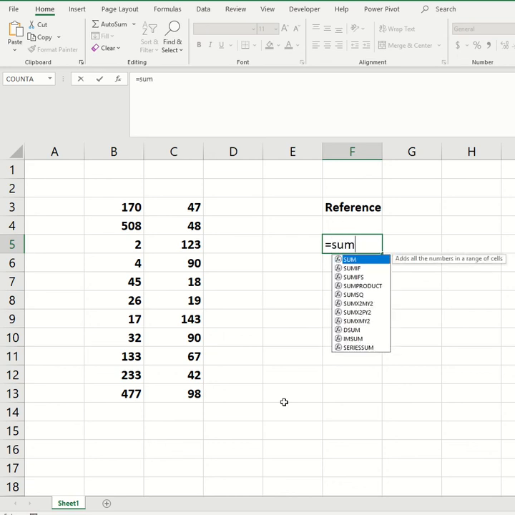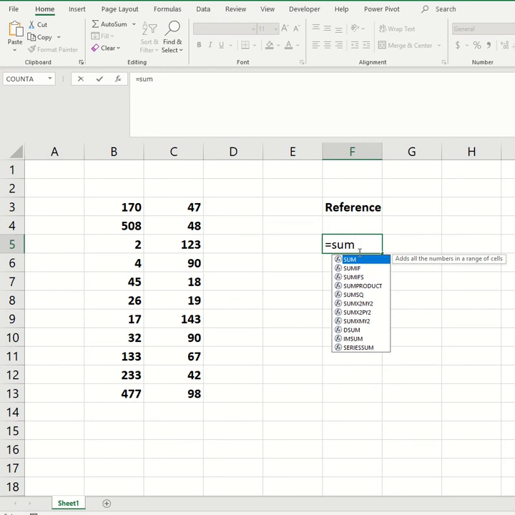Once you type the sum formula, it gives you the information: add all the numbers in the range of cells. That means whatever the selected range that the user inputs, it sums up all the numbers.